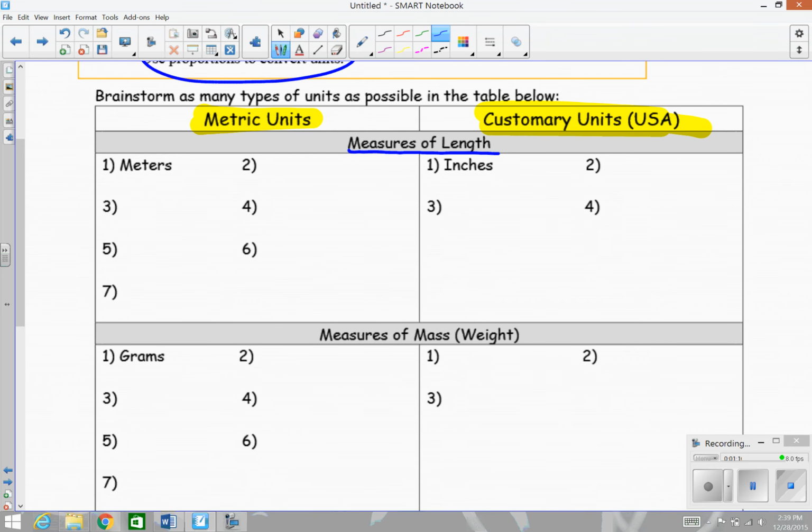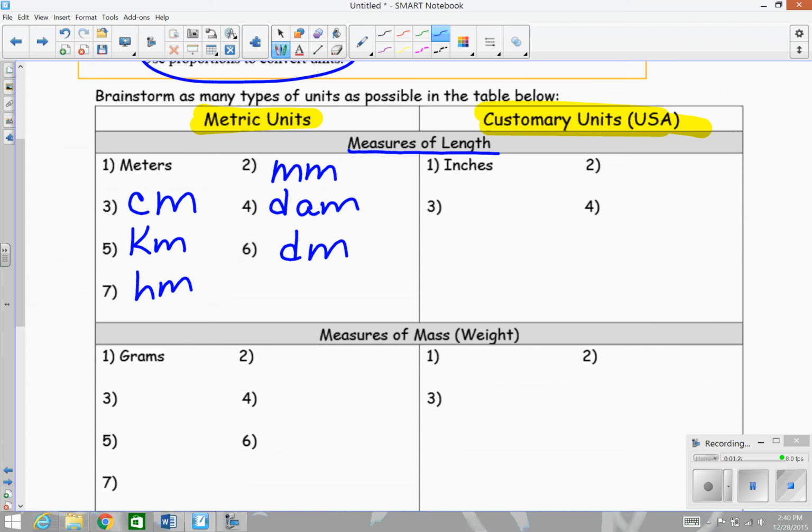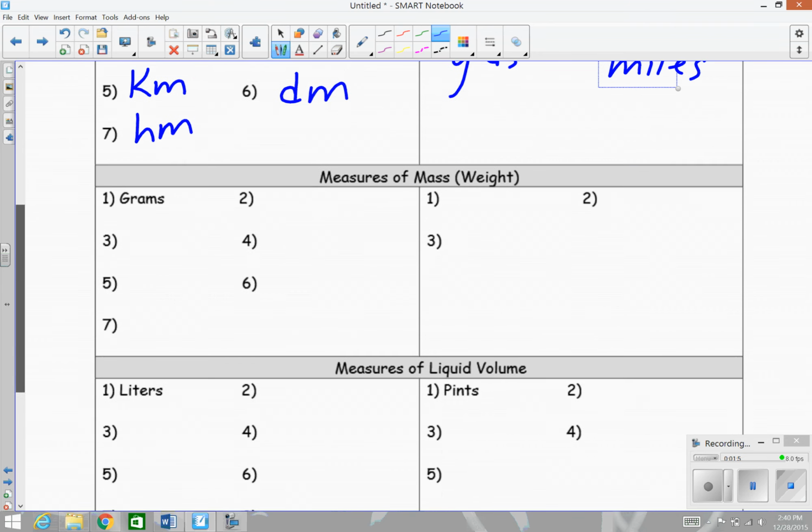If we're talking metric, we have meters, centimeters, kilometers, hectometers, millimeters, decameters, and decimeters. Now switching over to customary, what do we measure length in in the US? Well, we can measure things in inches, yards, feet, miles, etc. Moving down